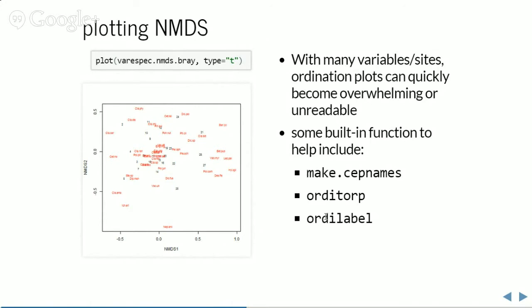variables. There's ordi-torp, which will, if you have a lot of overlapping variables and sites, they overlap when you plot them, it'll make some decisions about whether to plot a variable name or a point, this kind of thing. I haven't used these too much, but they seem like they could be cool. I end up doing a little bit of tweaking usually in like Adobe Illustrator or something like that afterwards, rather than trying to rely on these. So I don't know if anybody else has experience with these, but